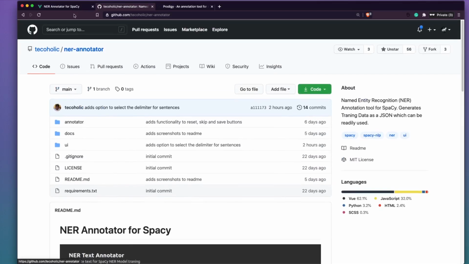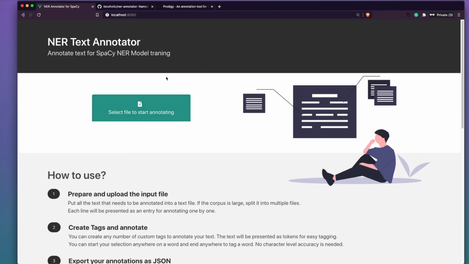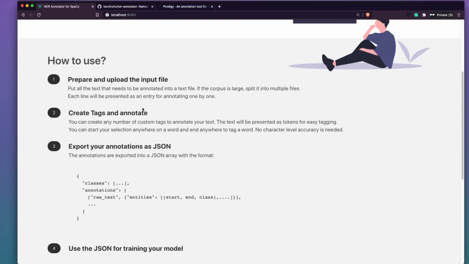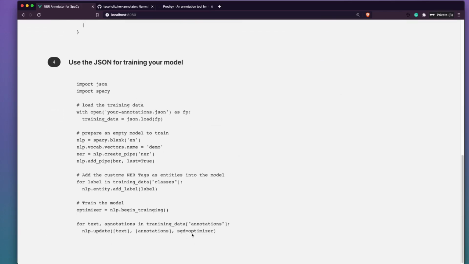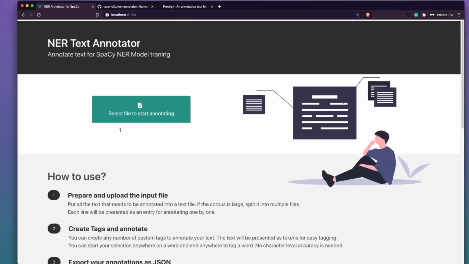If you open the tool, this is how it looks. You can put your text file in here, and the developer is kind enough to give us the steps on what to do and how to do it. That's what we are going to see in this video. To start with, I have not created anything new or great in this video. I have simply used the starting code that the developer has given us. It's not my own code.